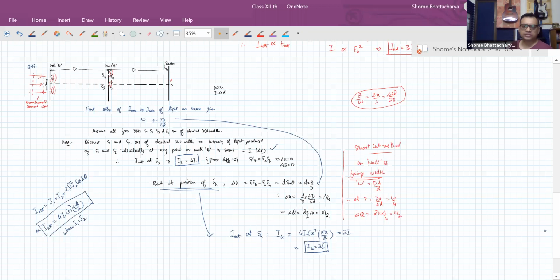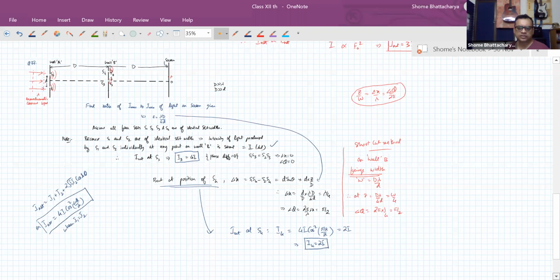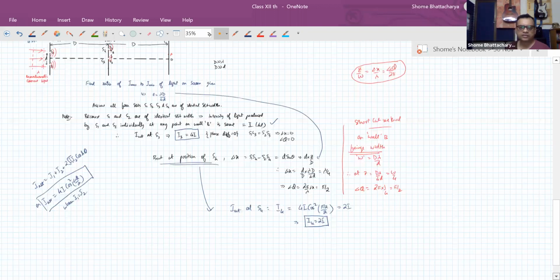So they are going to produce constructive interference where we are going to have to use this above formula, I1 plus I2 plus 2 root I1 I2 cos delta phi, where cos delta phi will be 1, and destructive interference where cos delta phi will be minus 1. So once we have got this, now we can see the next thing, which is the final part of the